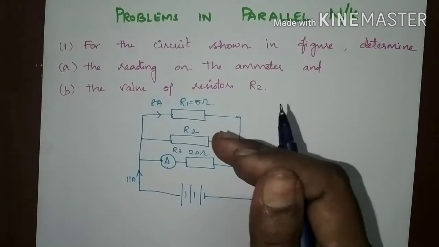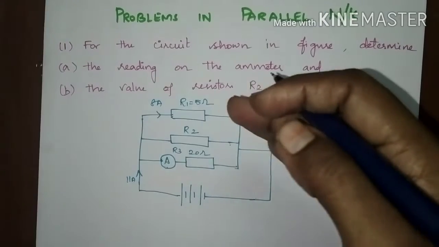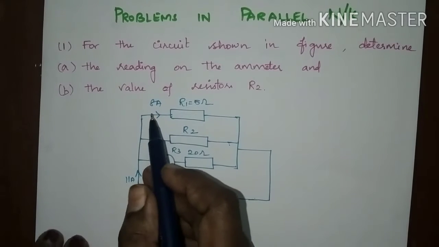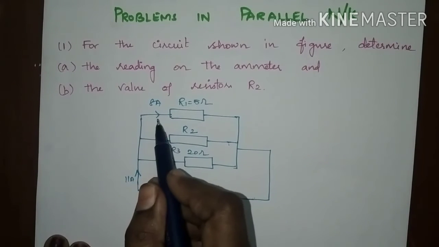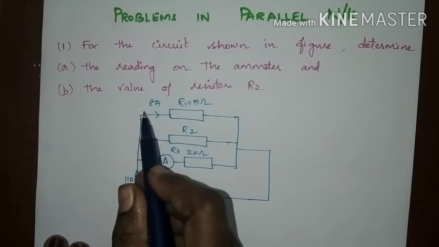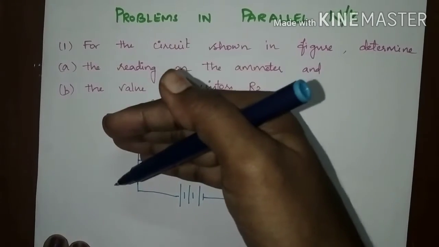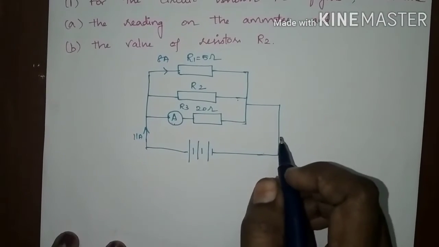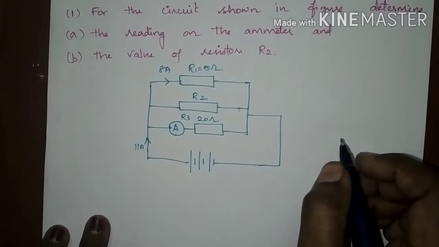In a parallel circuit, voltages are the same in the parallel networks which are connected. So we can find the voltage of the first resistor, or the potential difference across the first resistor. That voltage would be the same for all the parallel paths and also the input supply. These are the characteristics which we have already seen in the parallel network.